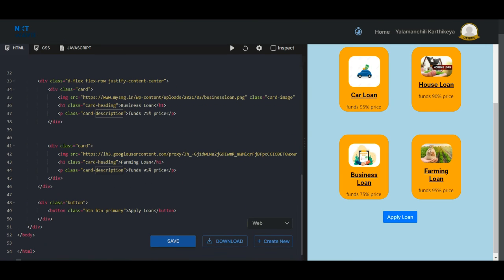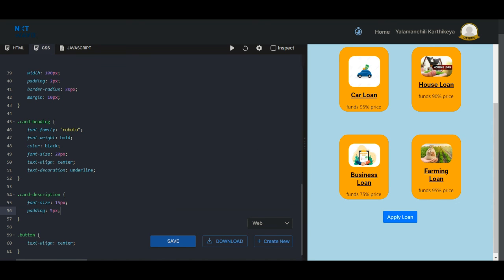And at the bottom, for this button, I chose the bootstrap element called button primary because I want the button to be in blue color. And I want this button to come into the center. That is why I chose the div container with a selector named button. And in the rule set for this button, I wrote text align center so that I'll get the button towards the center.